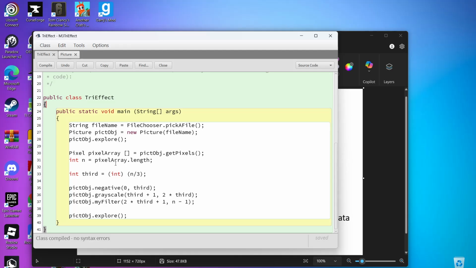So over here, you can see the computer has some math that it does that separates the image into 3 separate equal sections that can be modified by our code. The first box has the negative filter applied to it, then the grayscale filter is applied in the second, and then finally the My filter is applied to it, which, if I go to BlueJ